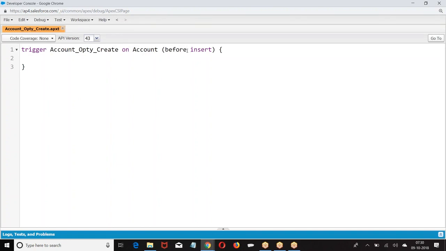What type of trigger is this? After insert. If it is after insert, Trigger.new will contain the list of new records which are saved to the objects.